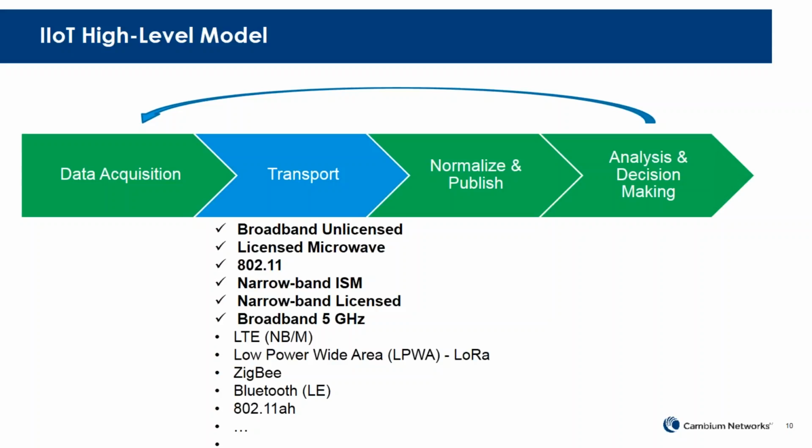You can see the ones with check marks are all different technologies that we have available within Cambium Networks' portfolio. So you can think of things like broadband, licensed microwave, 802.11, some new SCADA products that do narrowband. That list will continue to grow as technologies emerge and become commonplace within this transport area. Cambium will be expanding our portfolio to align with the trends in the industry. But think of Cambium as positioned in that transport area.